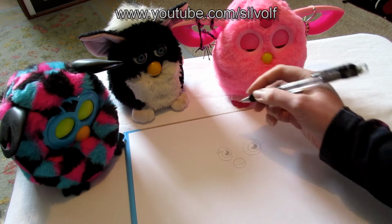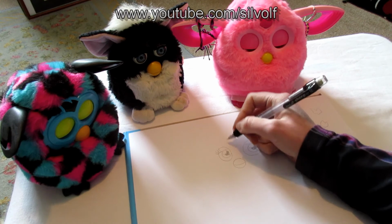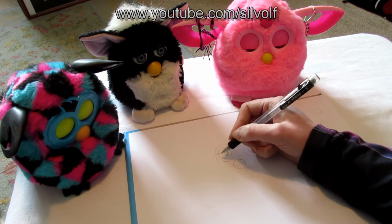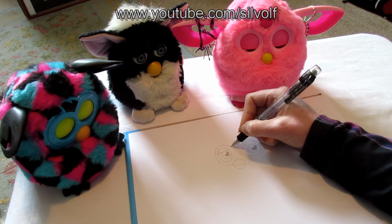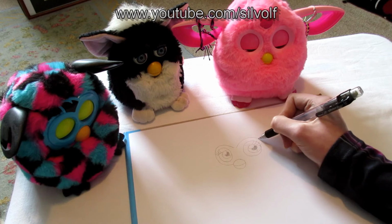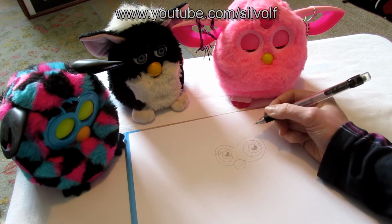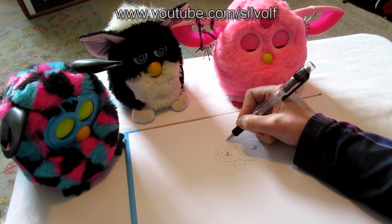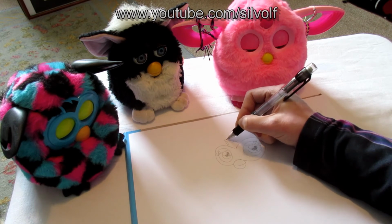For the others, we've got almost like the shape of a figure 8 around his eyes. So just draw them around like this. They remind me actually of owls, kind of owl-like. Like that. And then probably one of the easier shapes to draw is that there, and do a little outline for it,